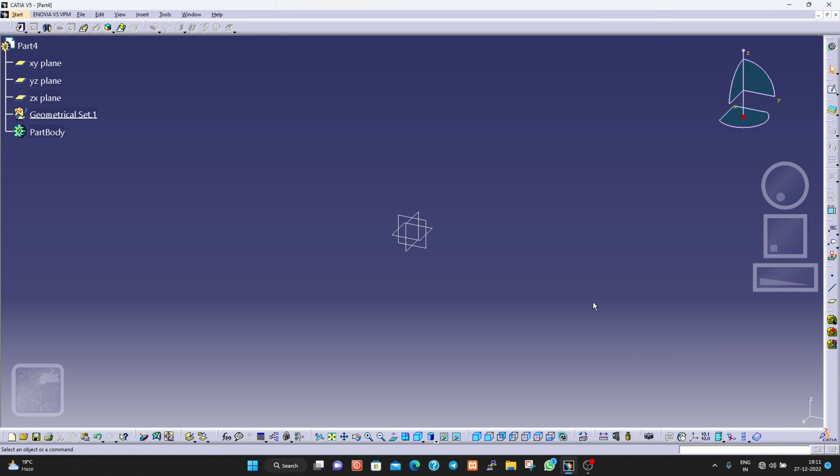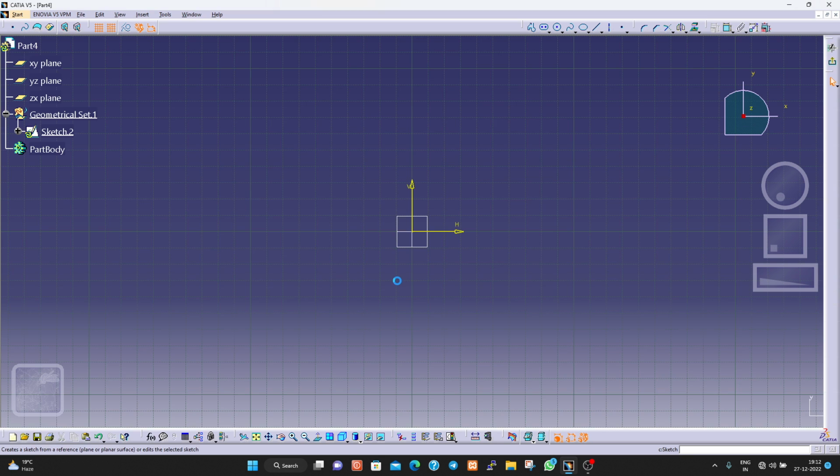Today we are going to design a new part, because we haven't designed any part in the last 3 days. So let's see today what we can do. I have opened a workbench for us, and let's go with the XY plane. Go with the sketch, and what we can do, we can go and select